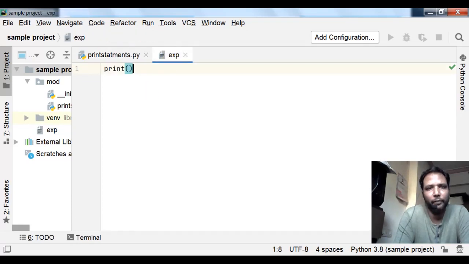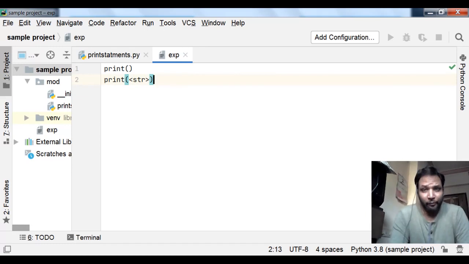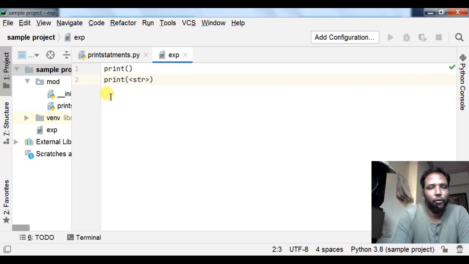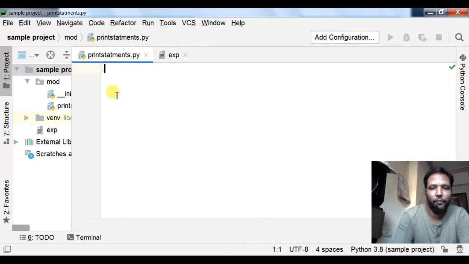There is another form, print with arguments, and here I am taking string arguments, str. This is print with no arguments, and this is print with a string as the argument. We'll demonstrate it.